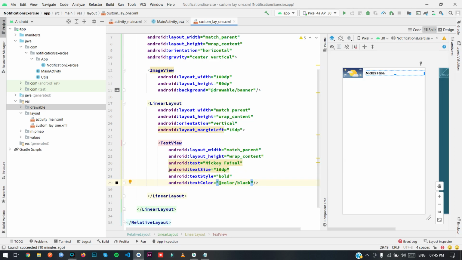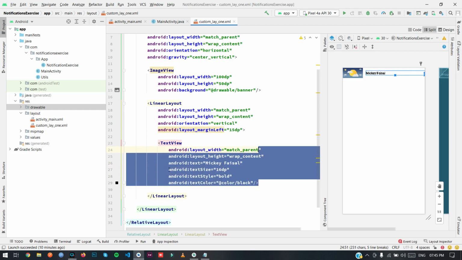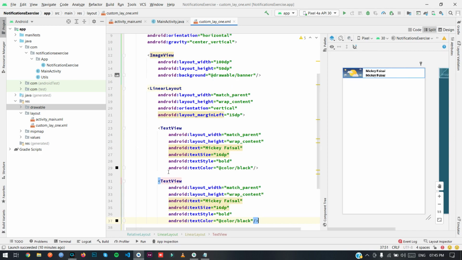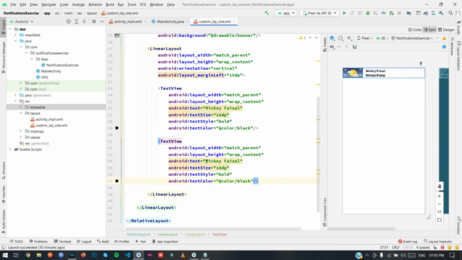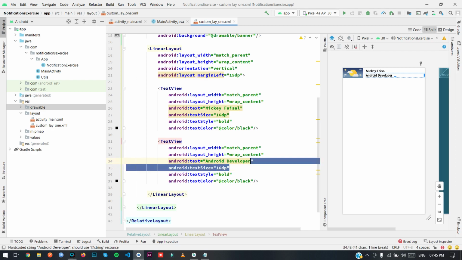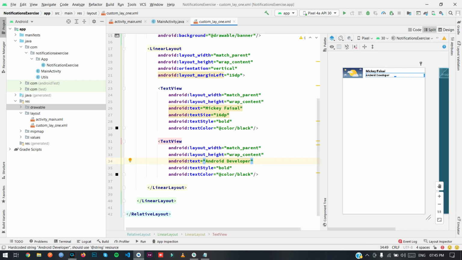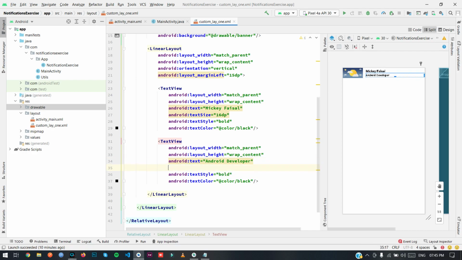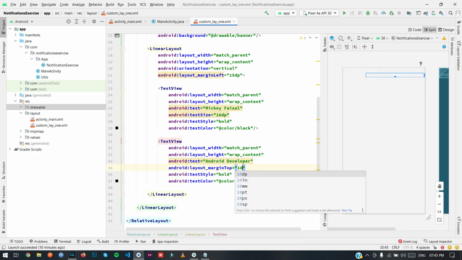Okay, and then we will need a profession. I'm gonna set a profession here. So the profession will be Android developer. Okay, I'm not gonna give it an ID.